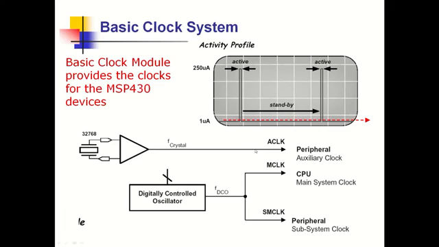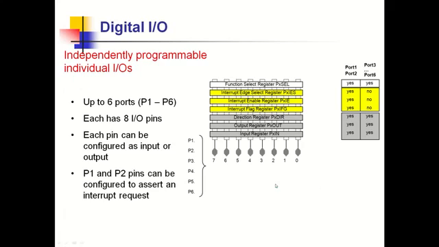So this can be a clock source, or the internal oscillator, which is a DCO, digitally controlled oscillator, can be used as a clock source for your master clock or main system clock, and peripheral subsystem clock also can be done with the help of the DCO. So this master clock, however, can be from XT2 crystal, which is a high frequency crystal. So 8 megahertz in MSP 43168, you can connect it. So the first instruction of any program is selection of a clock source. So that entire program works based on this clock source.